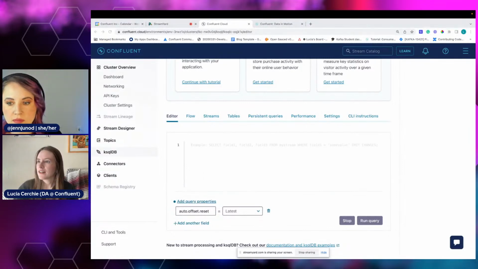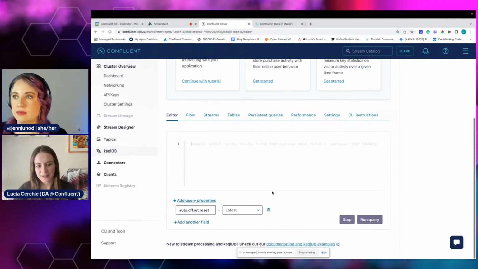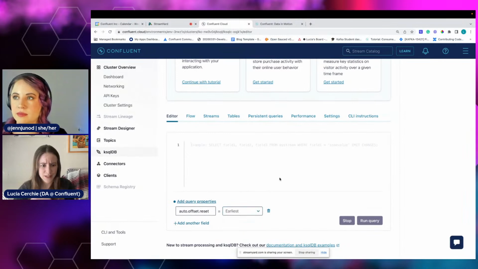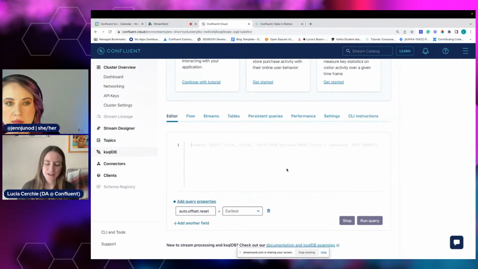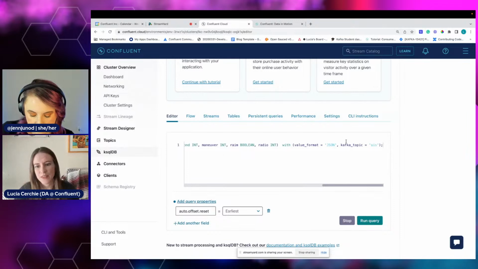So this editor is going to allow us to create streams using SQL syntax. I'm going to set this to earliest here so that it catches all the data from the beginning. I could go into auto offset reset, but basically it's going to take each message from the first, the last message that the broker has a marker on, and produce it so that we catch the most messages possible. And then I just copy and pasted a lot in here.